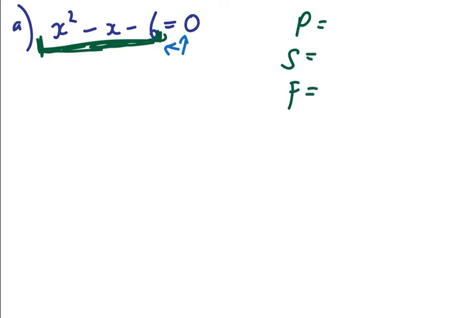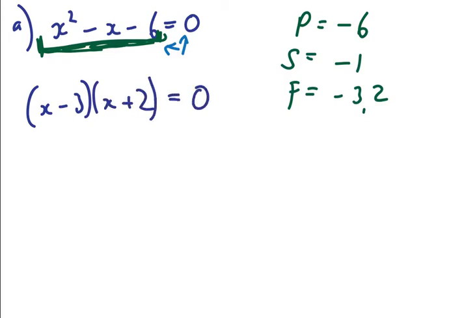P, S, and F. So P here is going to be minus 6 times 1, so P is minus 6. S was the middle, so S is minus 1. F was for factors. You need two numbers whose product is minus 6, and whose sum is minus 1. So if you need to pause, take a second to work it out. Two numbers that multiply to get minus 6, add to get minus 1. I'm going to tell you the answer now. It's minus 3 and 2. So in terms of factorising, if we do the short method, this is equal to x minus 3, x plus 2